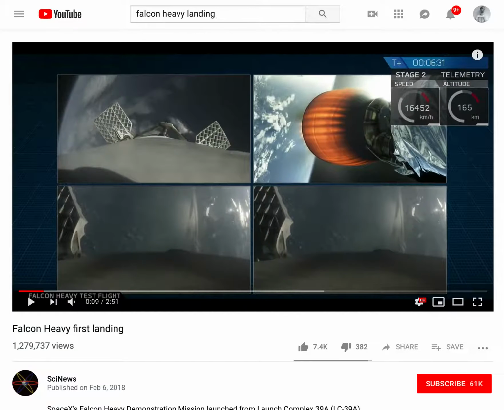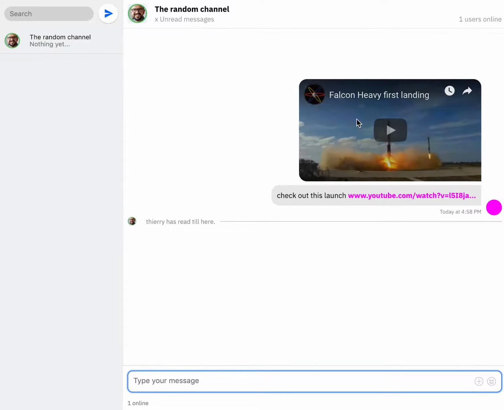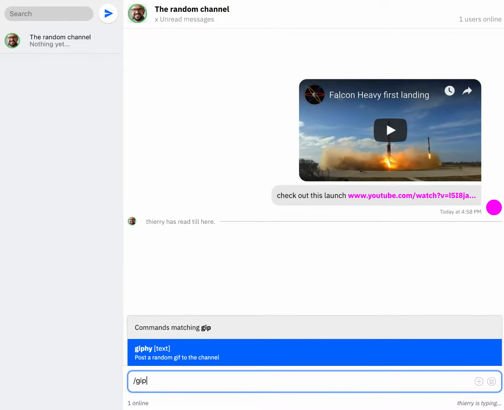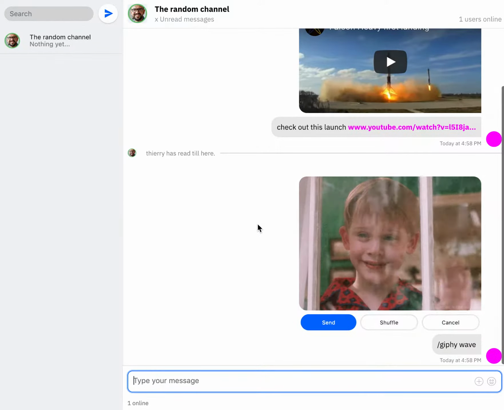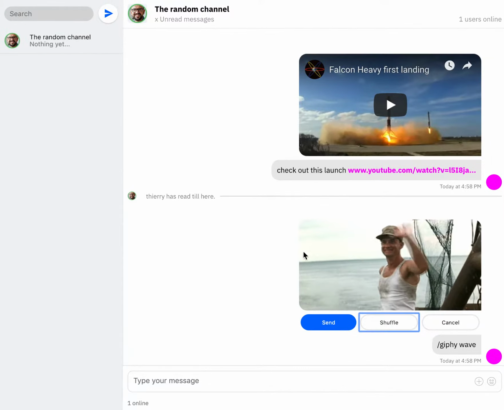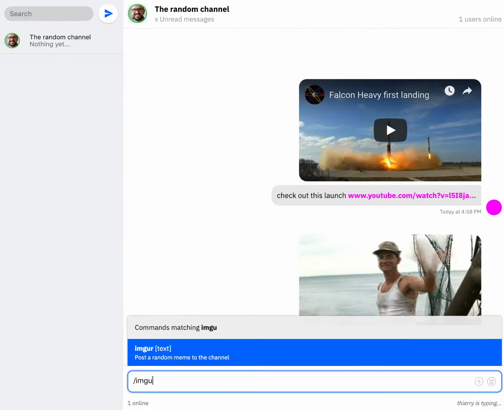Most of the features that you expect from a chat are built in. So if you share a link, check out launch, you'll see that it enriches the URL with the OG scraping and it allows you to play the video. The other thing that's built in is Giphy and Imgur. So if you do something like Giphy wave, here you'll see different pictures and you can send the one that you like. If you do something like Imgur funny,